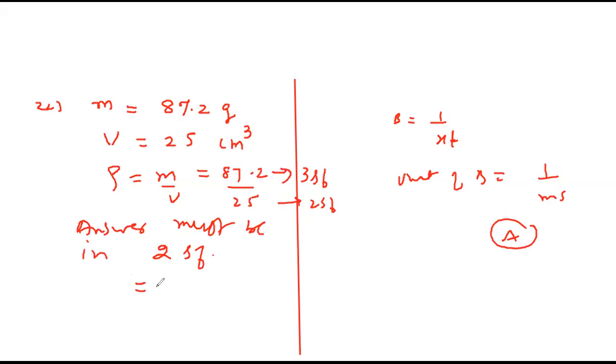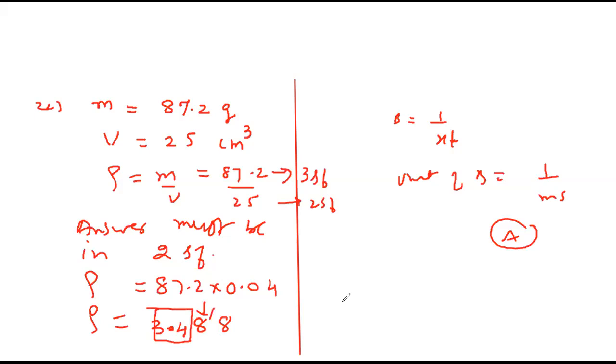1 upon 25. I don't know whether you are aware. Is it 0.04? So 4 into 2 is 8, 4 into 7, 28, carry 2, 32 and 2 is 34 after 3-digit decimal. We want in correct 2 significant, so only 2-digit I want. Third digit is more than 5, so I can say density is 3.5 up to 2 correct significant. Clear? So option B. Try.